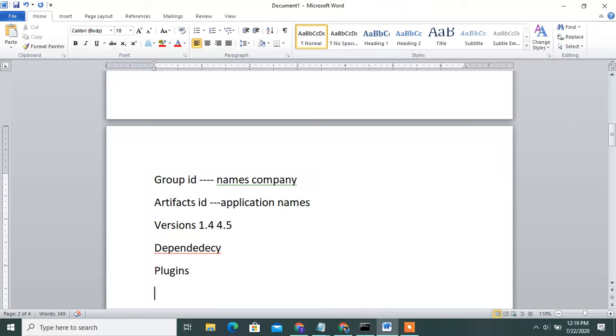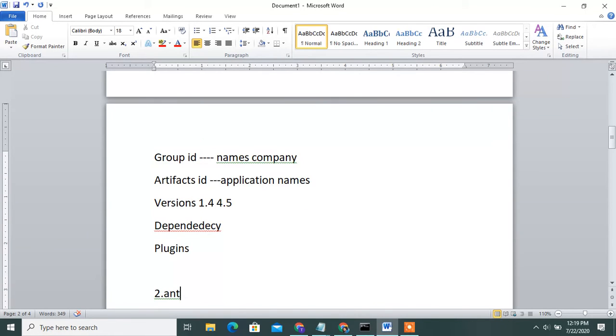These are the usages Maven provides. Once you configure Maven, you use the pom.xml, which stores the configuration. I will show it, including installing and configuring the Maven plugins and settings.